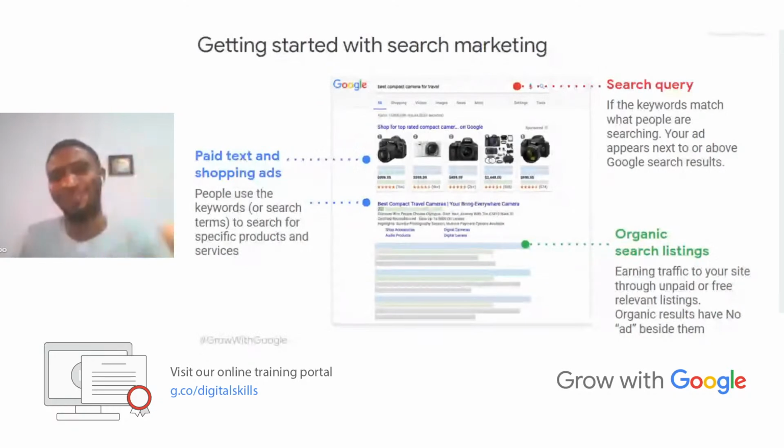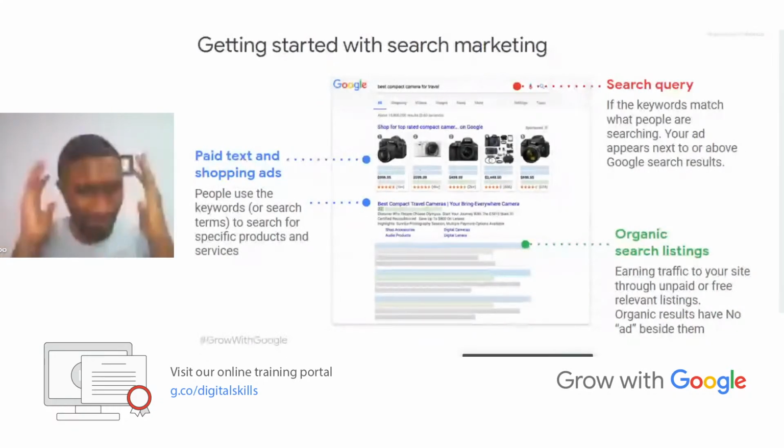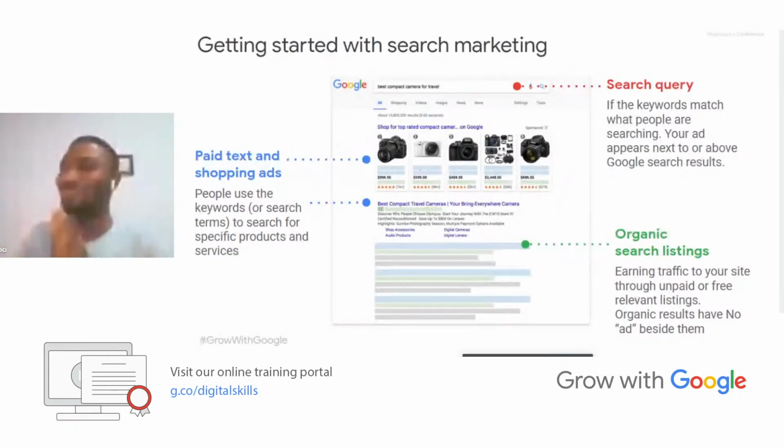Of course, you sure want to show up here on search, because for me, that intent is there. I am right here to buy. I went on this trip and I couldn't take pictures. I'm not happy and I'm searching for this. So when it came to that search query, best compact cameras for travel,